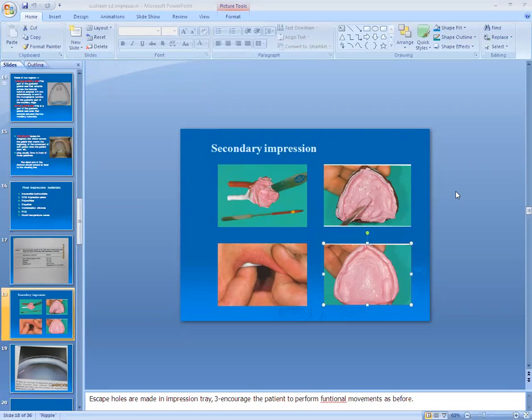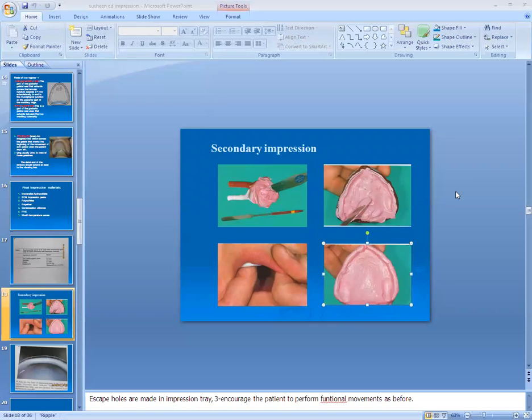If your final impression is proper, then your master cast will be proper and your denture will be very refined and very accurate for the function of the patient.